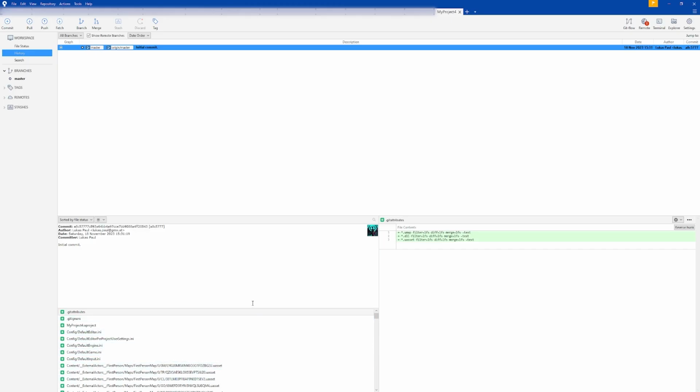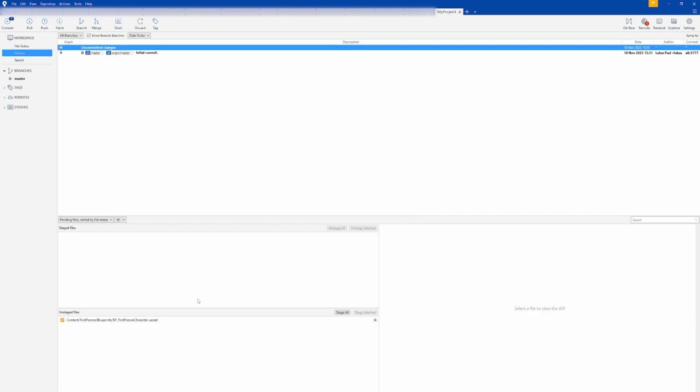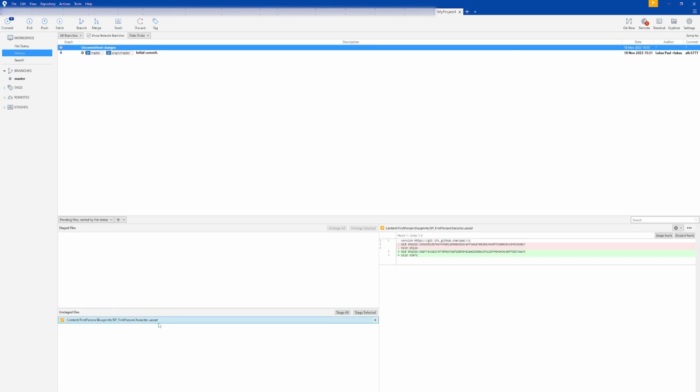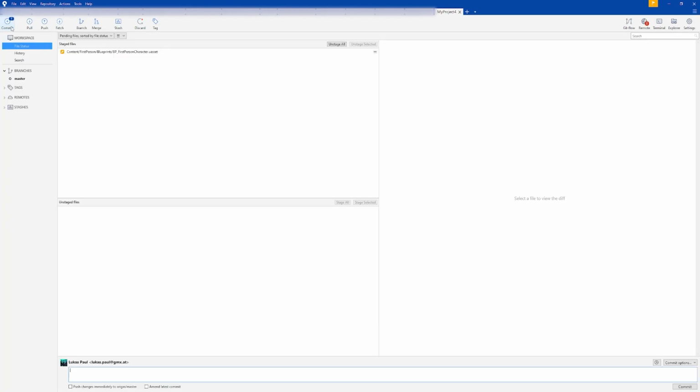We can go back into our project and see here that this file has changed. Because uassets are binary files, you should usually abstain from editing the same files at the same time, so it's good to talk with each other who is working on what, and after you are done with your changes you can stage them again, press commit,